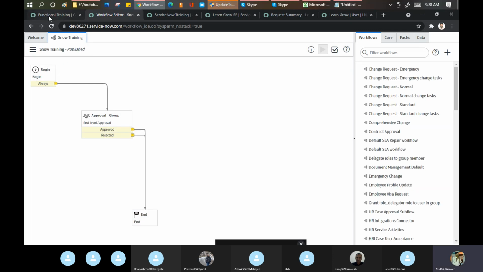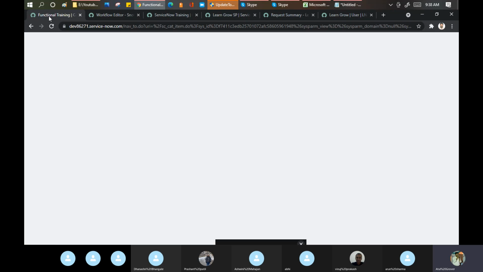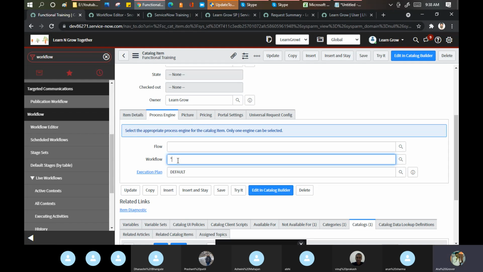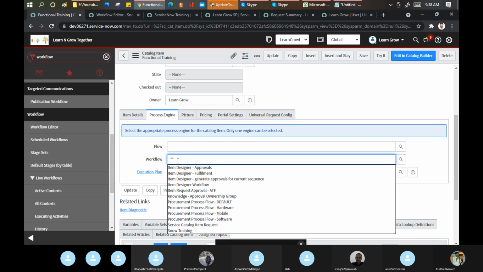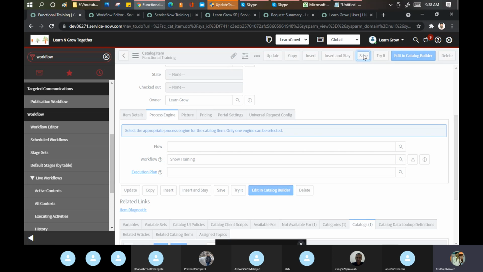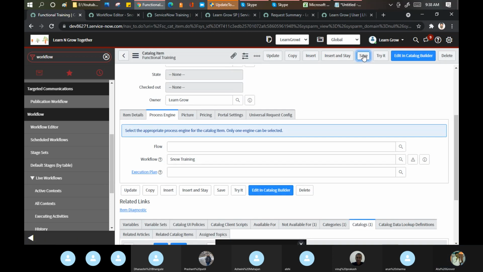Now what I will do, I'll go here in my catalog item, go to the workflow and attach this workflow here. Snow training. In 3, only one field can be populated at one time. And click on the save here. Nothing else. I'm doing it now.